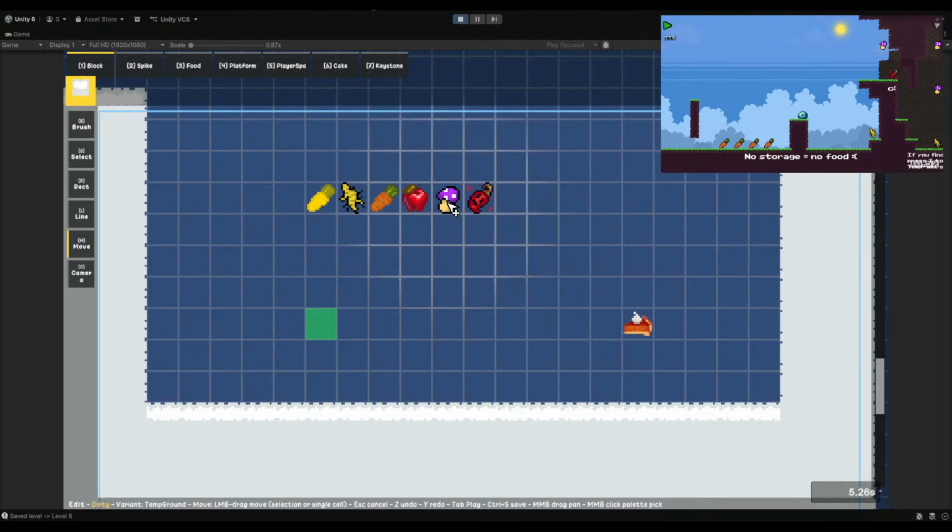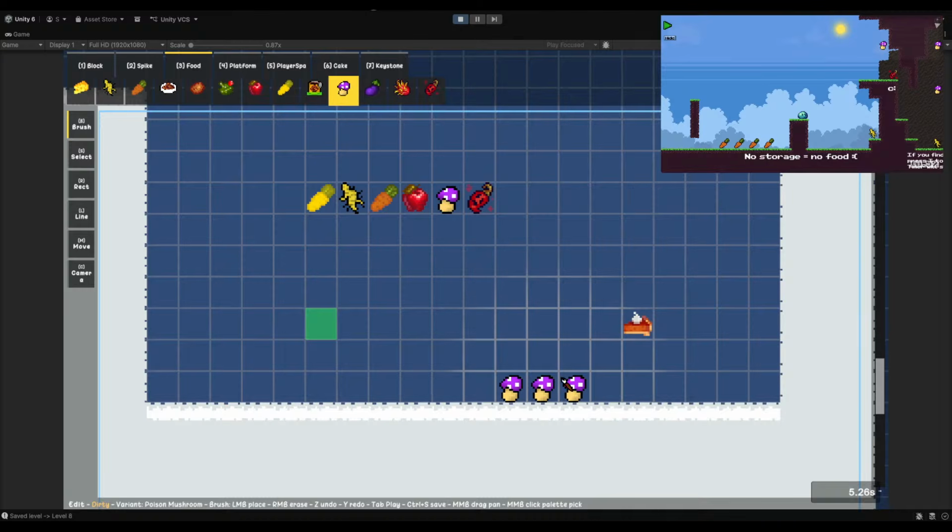I think I want to look more into needing to pick up all mushrooms before. Yeah, I like that. Needing to pick up all mushrooms before. Moving on. So we'll have cake there.